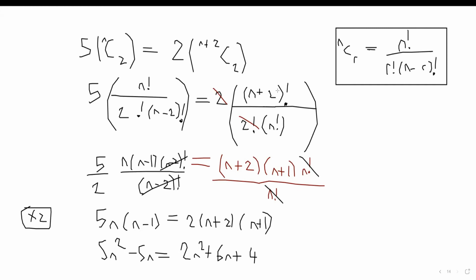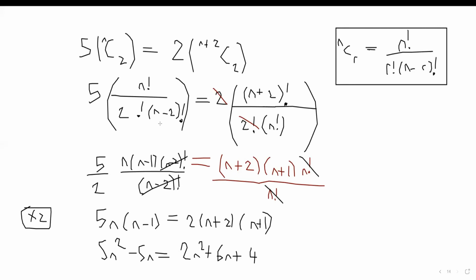6 factorial, because it is 6 times 5 times 4 factorial, then the 4 factorials cancel. So the same thing we do if it was a letter. n plus 2 factorial is n plus 2 times n plus 1 times n factorial. The n factorials cancel. On the left-hand side now, we have n factorial over 2 factorial times n minus 2